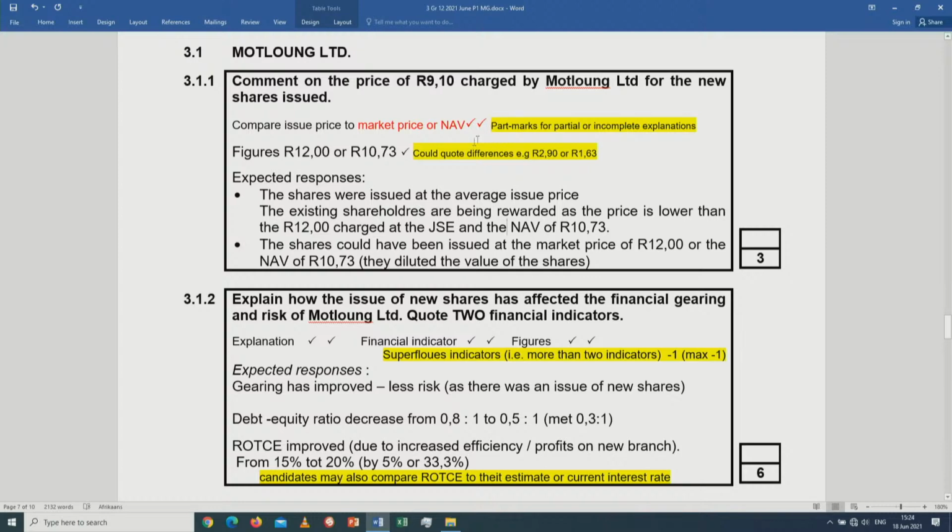get a mark there. By comparing 9 Rand 10 with this one, 9 Rand 10 with that one, 2 marks, and then for the figures, part marks for partial or incomplete answers. So if a learner only mentioned a few, we need to check 9 Rand 10 and the market price, 9 Rand 10 and the